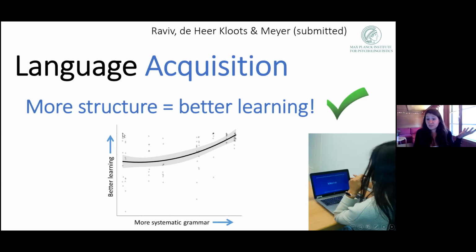Some people learn them really well, right? Some people are perfectly capable of learning these unstructured languages, and some just really struggle. It's kind of hard. But if you look at the highly structured languages, you see that everybody is at ceiling. Everybody learns these languages perfectly well. So these languages help you overcome these individual differences. Everybody is perfectly able to learn the grammar, but they struggle to different degrees when there isn't any. And this confirms the relationship between systematicity and learnability in a way that I find really interesting, but not interesting enough, because to me that was just one part of the puzzle.